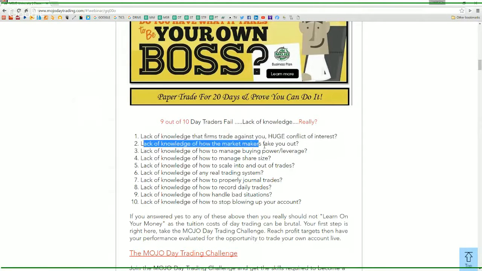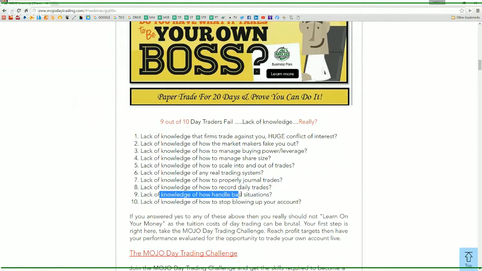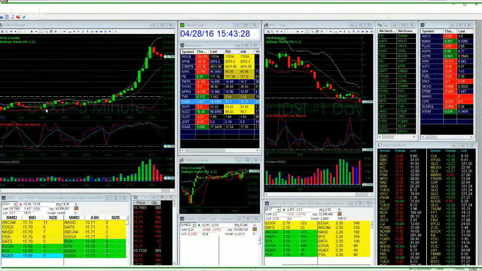Lack of knowledge on how the market makers fake you out. Lack of knowledge on how to manage your buying power. Lack of knowledge on how to manage your share size. Lack of knowledge on scaling into the trade. Lack of knowledge of any trading system. Lack of knowledge on how to journal. Lack of knowledge on how to record. Lack of knowledge on how to handle a bad situation like happened on UVXY today at 1379,